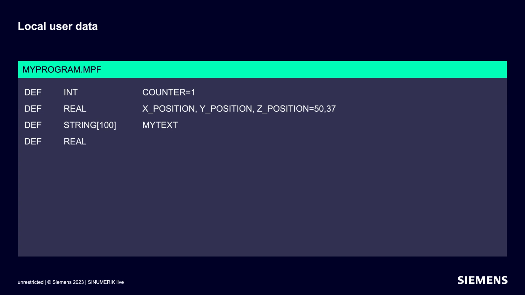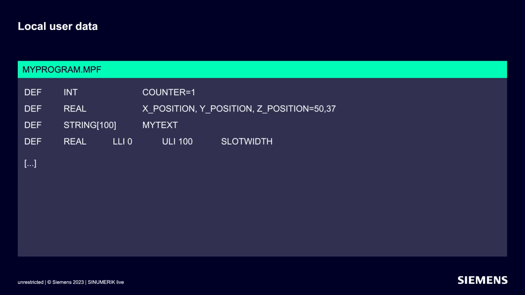Here's the special feature. With the command LLI, lower limit, I can specify the lower limit. With the command ULI, upper limit, the upper limit. Our variable for the groove width may therefore only assume a value of between 0 and 100. If a value outside this range is assigned, an error message appears.